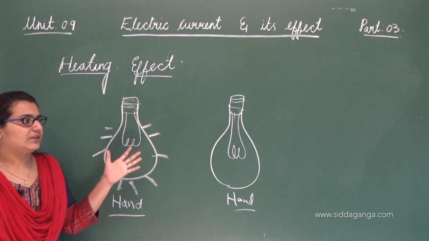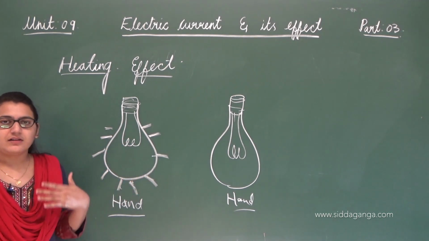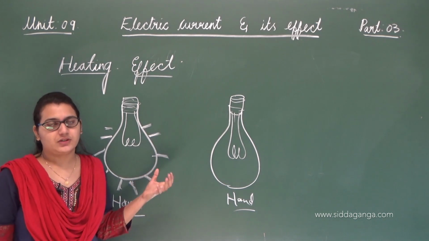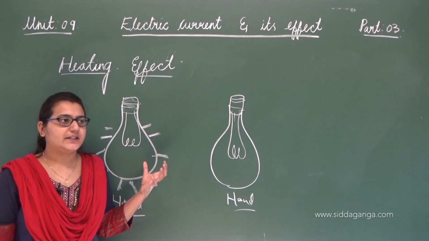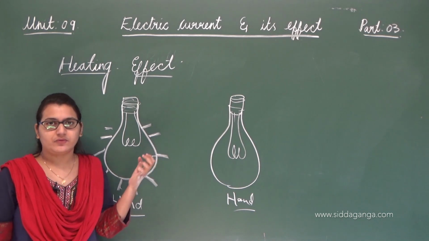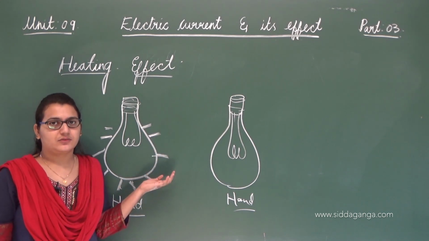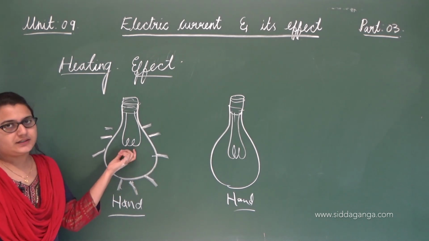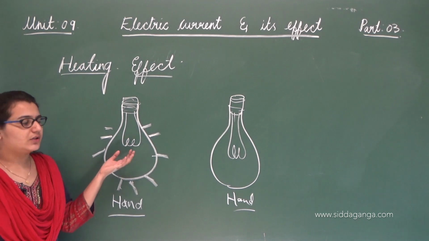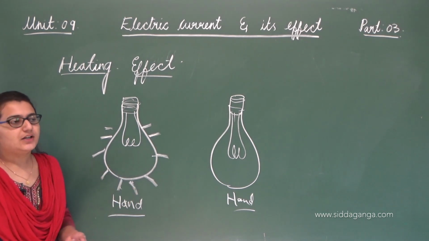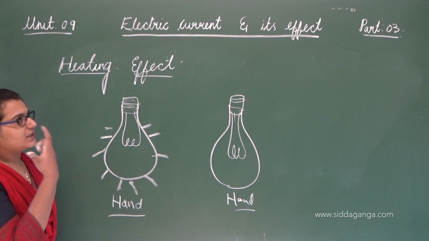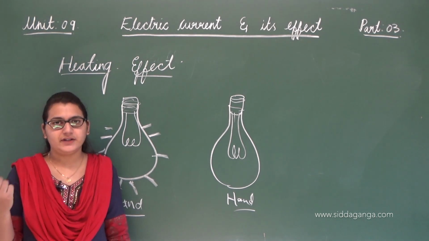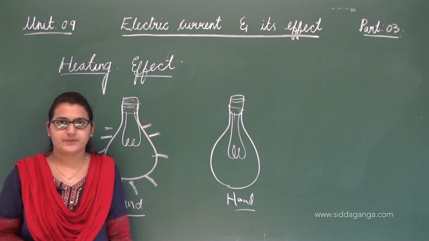Okay, by this we can clearly interpret that yes, this current produces heat. There is this effect called the heating effect of electric current, because of which we are feeling hot. By this experiment we can clearly say that, because of this passing current, the bulb is glowing, and because of the glowing bulb we are feeling hot. So we can clearly say that current produces heat, that is, current undergoes some heating effect, because of which we feel hot.